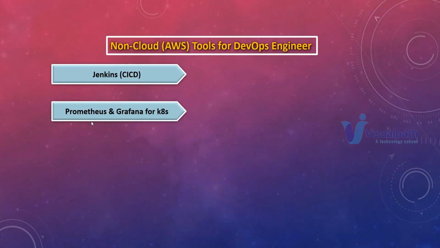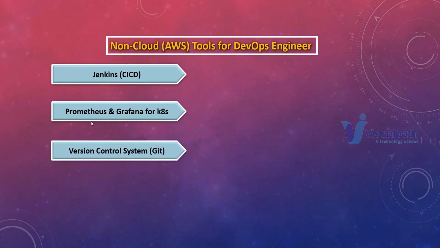Okay. And after that, we need to learn about Git, the version control system. Under this, we'll be learning GitHub. Okay, GitHub and CodeCommit, both are actually the same. Both are called Git tools. So what are the Git tools we have? GitHub, GitLab, and then we have CodeCommit, Azure Repos, and then we have Bitbucket. All these come under Git tools.